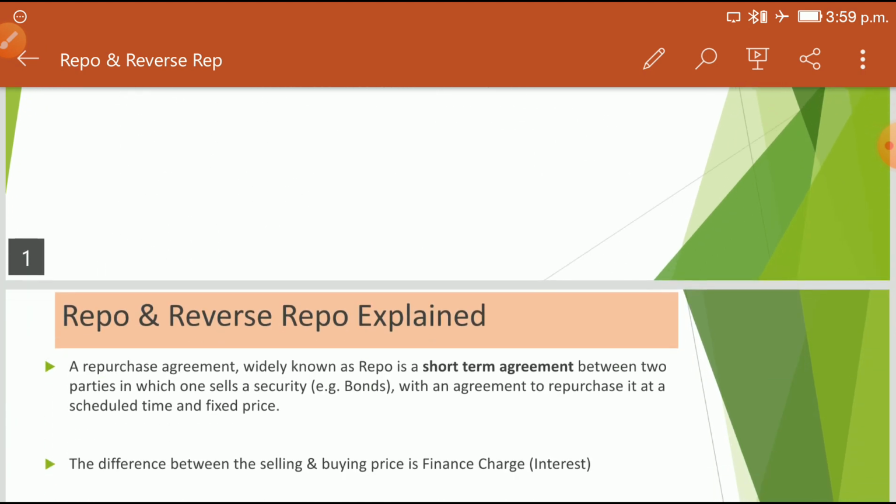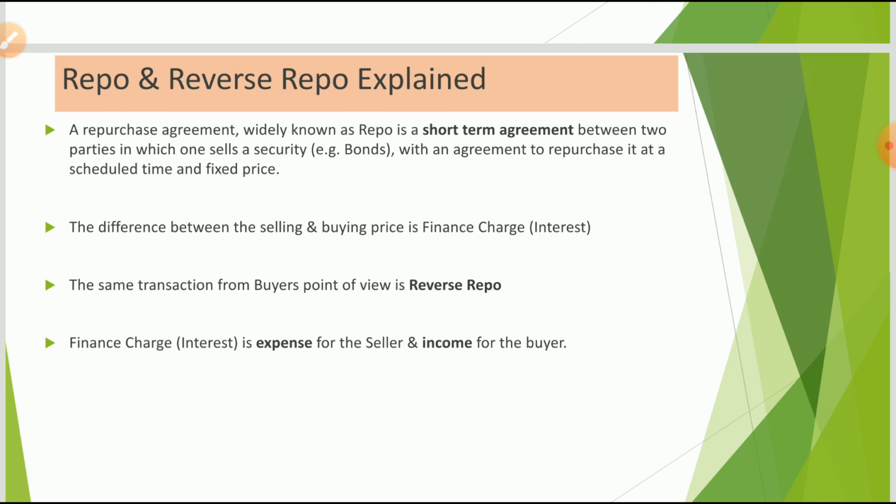Now let's move on to the explanation of repo and reverse repo. So what is a repo? A repo is an agreement between two parties, in which one is a seller and another is a buyer. The purpose of this agreement is to arrange money quickly for a small period of time, for which the seller sells securities, which are generally fixed income securities like bonds, with an agreement that